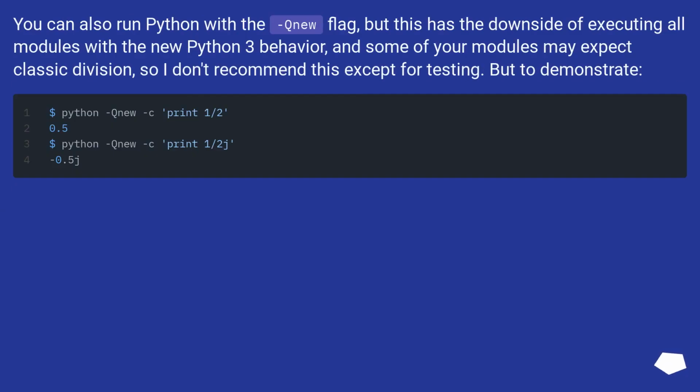You can also run Python with the -Qnew flag, but this has the downside of executing all modules with the new Python 3 behavior, and some of your modules may expect classic division, so I don't recommend this except for testing. But to demonstrate,